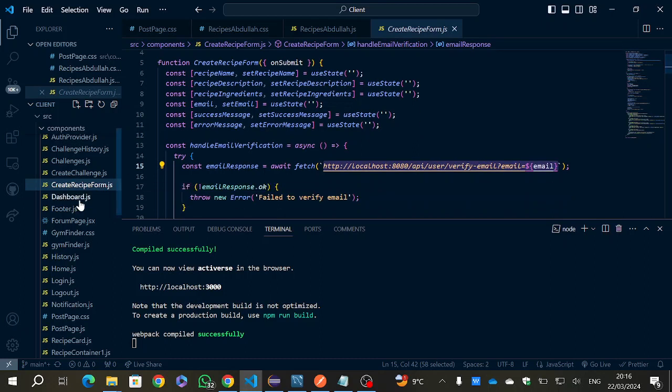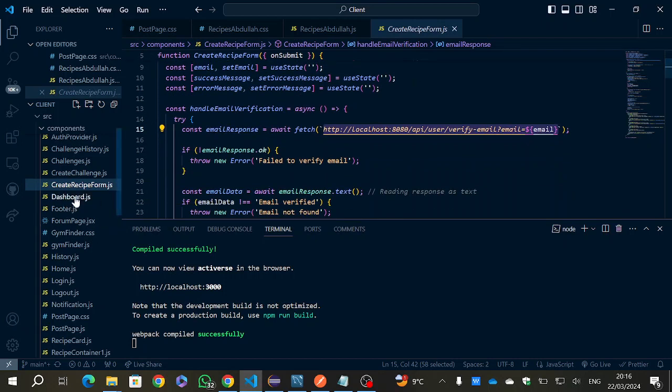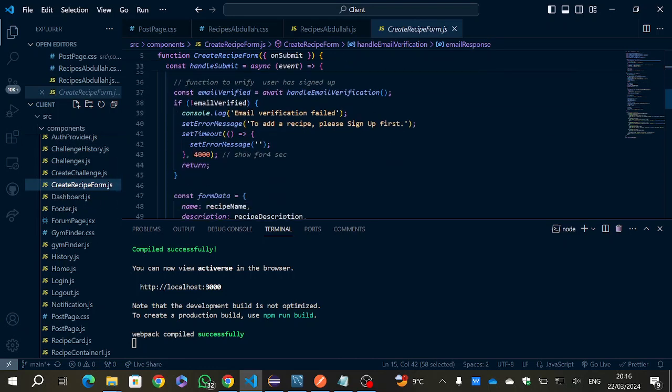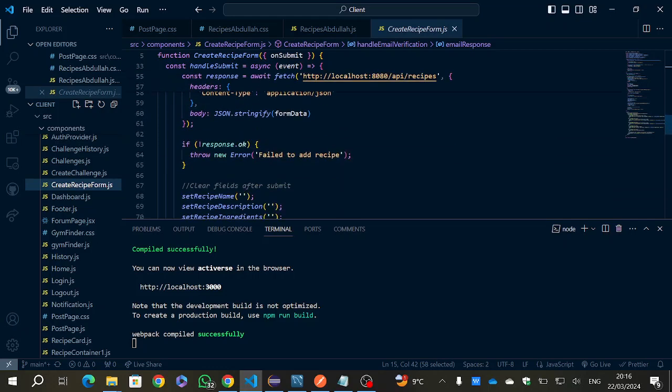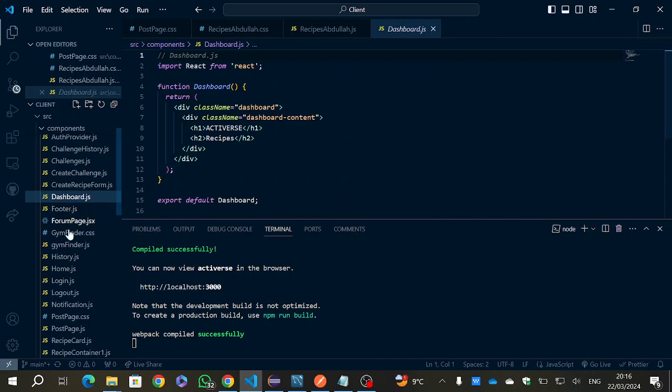It is for creating recipes. First of all, it sends a get request to the user API and confirms whether the user is registered. If the user is registered, it sends a post request to the recipes API and the recipe is posted. Another component, dashboard, is also mine; it renders the dashboard. Another component I've got here is